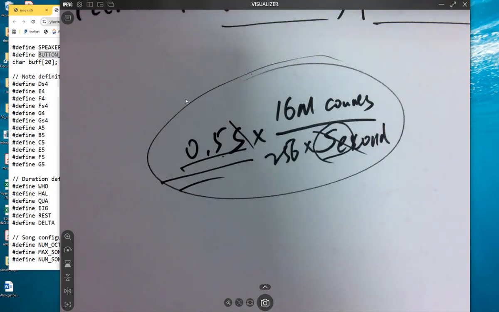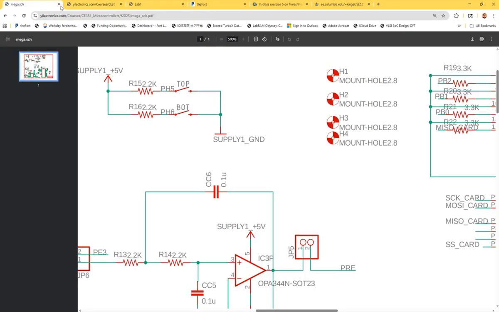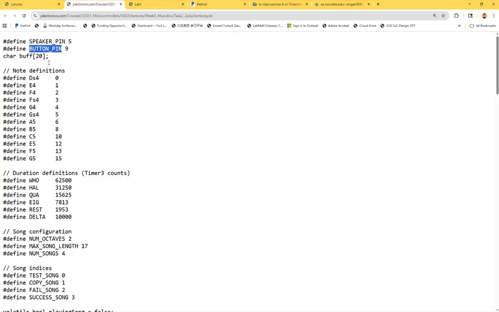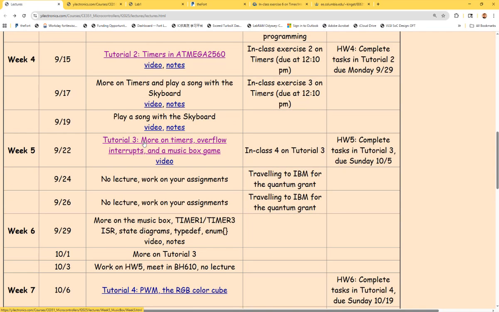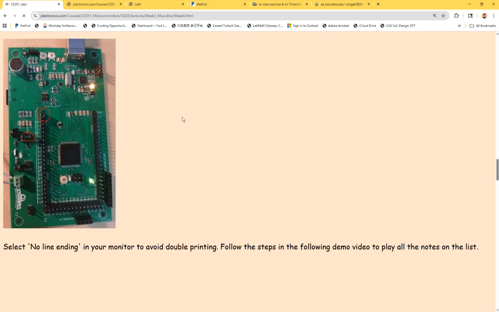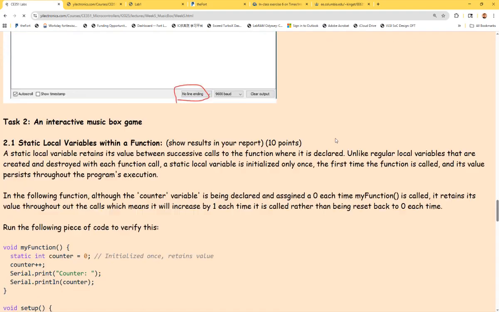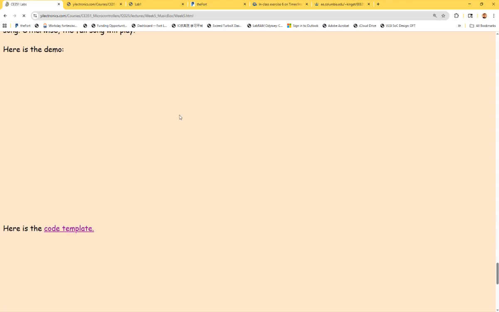Now we have to do it quick because I will make sure you guys are ready for that one, due on Sunday. So let's get in there. The music box game, I already showed you, so we spent time on Monday and today regarding task 2.2. I think you guys should be ready for that. And for task 2.3,